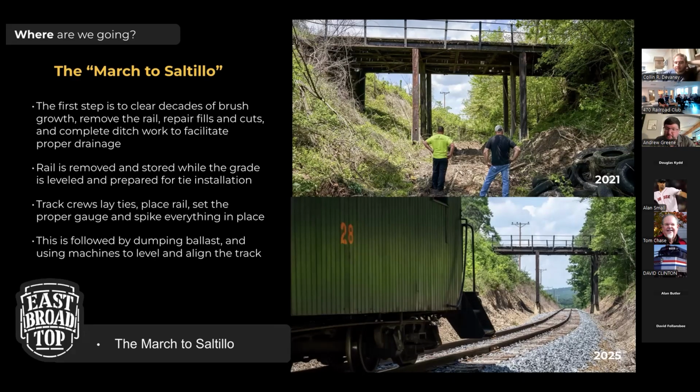This is the top of the ruling grade heading north from Saltillo. And that's what it looked like in 2021. Everyone had been dumping their tires in there. The weeds had gotten crazy, thickets, trees, you name it. So we had to remove the rail, remove all the brush, repair all the fills and cuts, complete ditch work